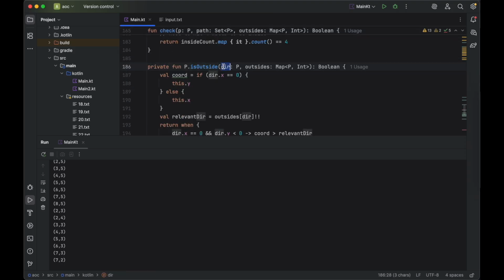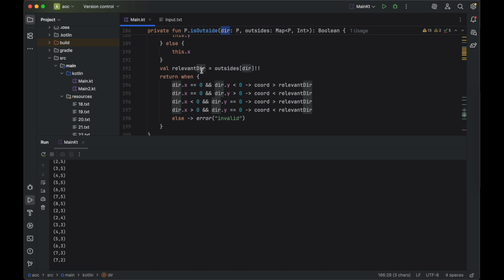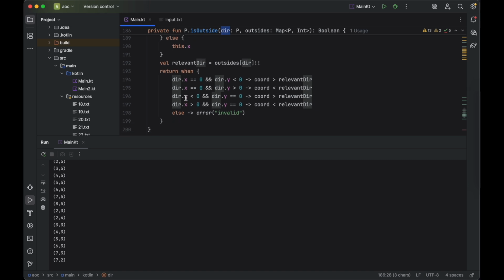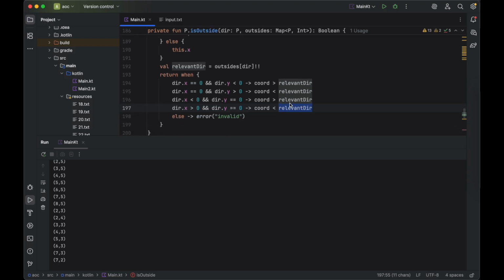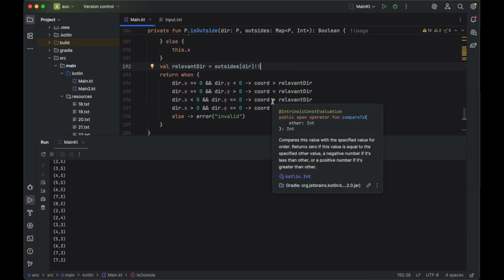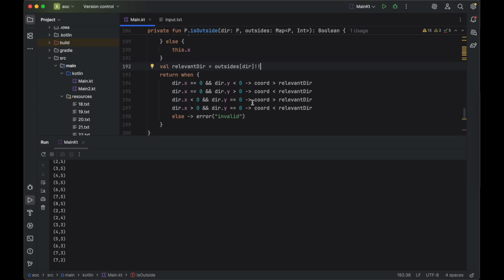X is also to the X direction. So X is greater than 0. I want my coordinate to be smaller than, what's the relevant one again? The maximum. No, if X is greater than 0,